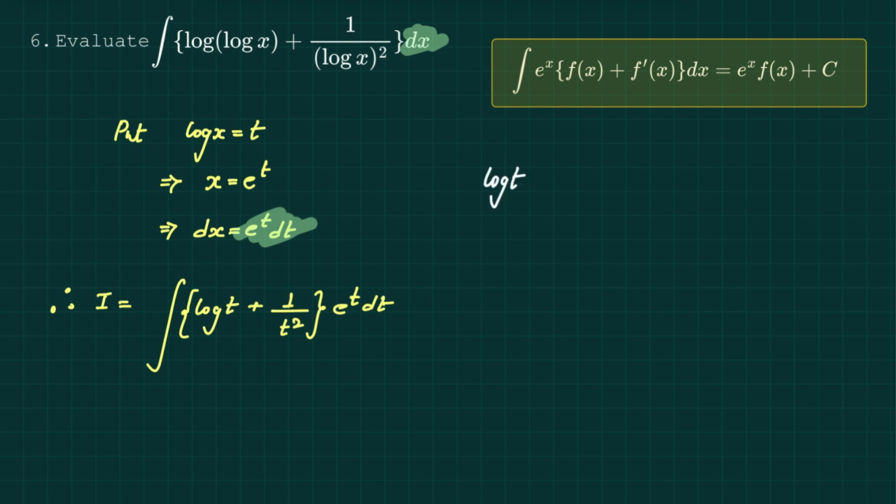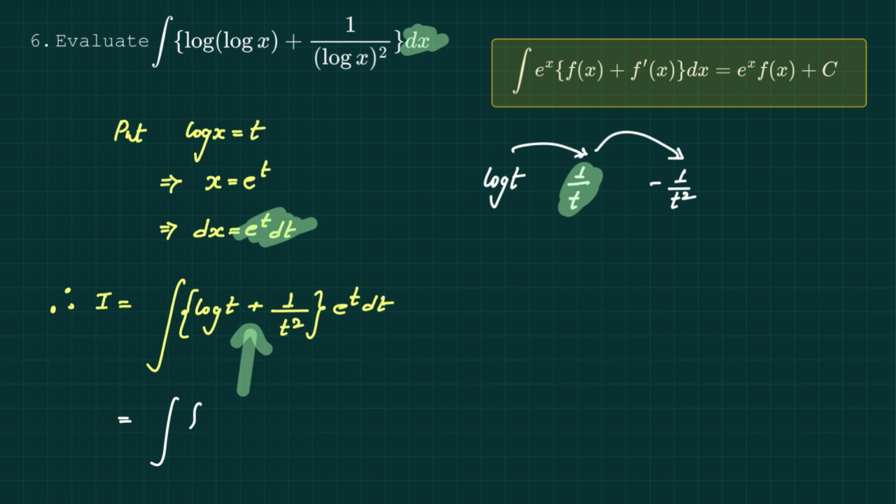So here let us see that the derivative of log t is 1 over t, and if I differentiate 1 over t, then I'll get minus 1 over t square. So the derivative of log t is 1 over t, and the derivative of 1 over t is minus 1 over t square. So for that purpose, let us add and subtract 1 over t in between log of t and 1 over t square. On doing so, we will have